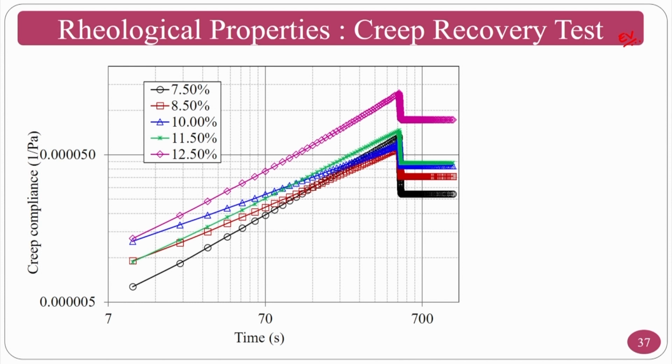As you can see in this particular graph, suddenly a strain is given and then you are holding. There is something which you have to know. We know points A, B, C and D. We will take any curve because all the curves follow the same trend. So, you have to give certain stress or strain. Assume that you are given a stress and you are observing the strain. Suddenly, you have to give a stress and hold it for some time.